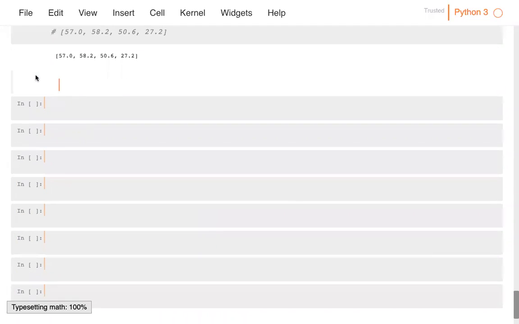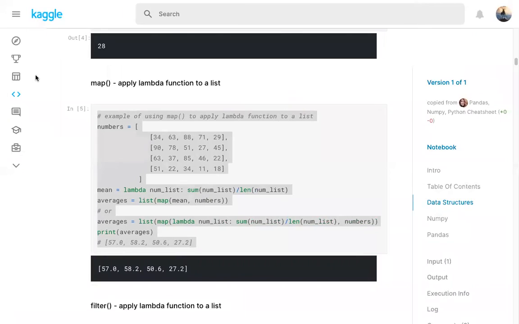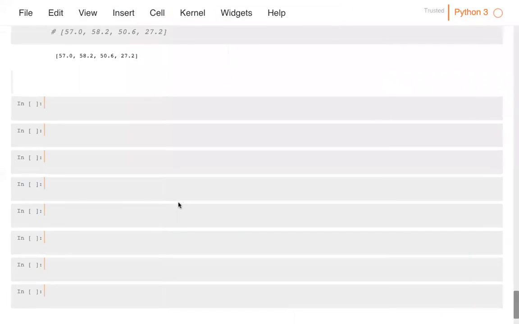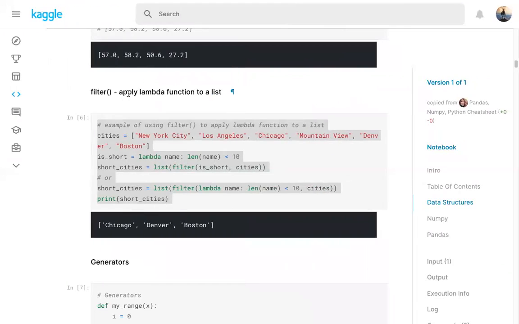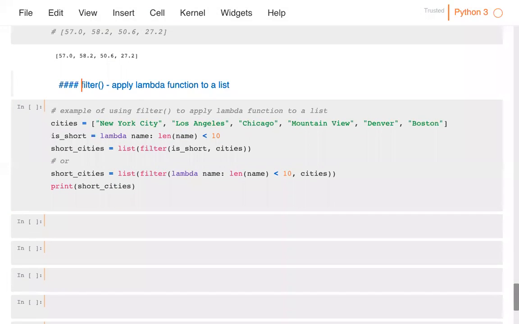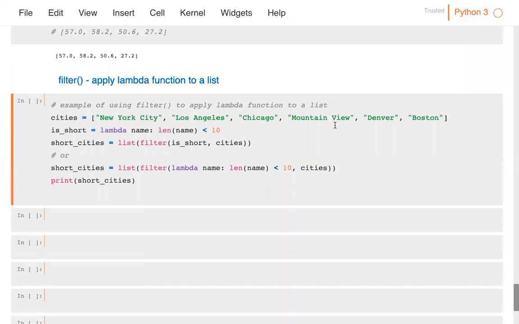Okay, so let's look at the next one. There is this filter, and filter is used for basically filtering. So let's look at this. Let me paste this one first, and then come back and paste this one. What is happening here is